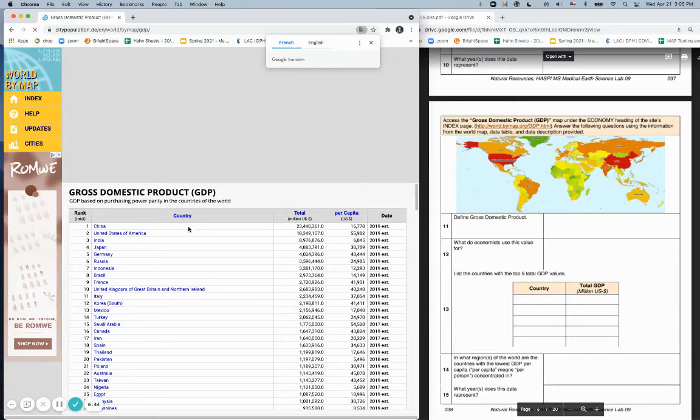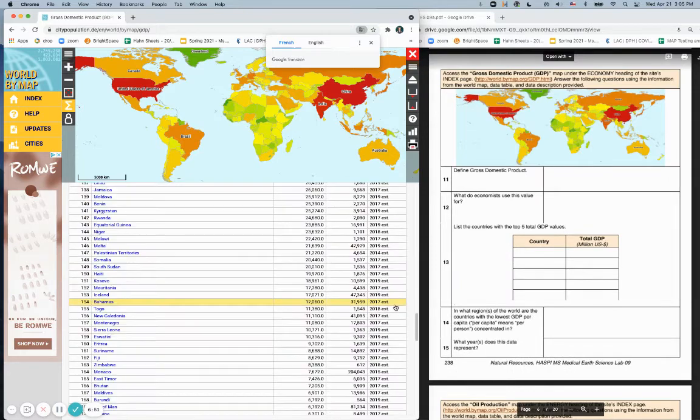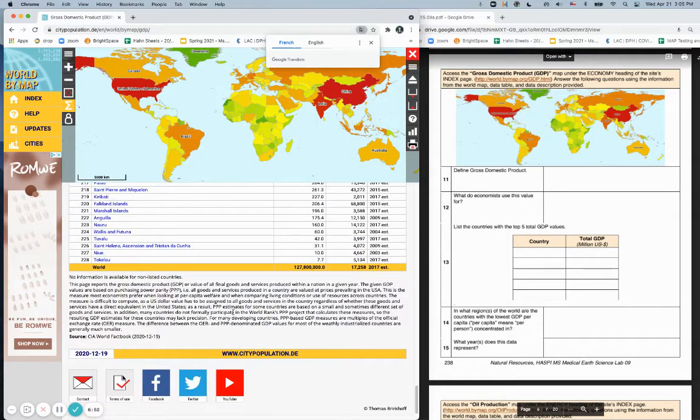And it's asking you, what is gross domestic product? So let's go down to the bottom, and it's all the goods and services produced within a nation in a given year. So it's kind of like how rich is this country by what they produce and what services they produce. So it's sort of like their purchasing power. So you can read this a little bit more and